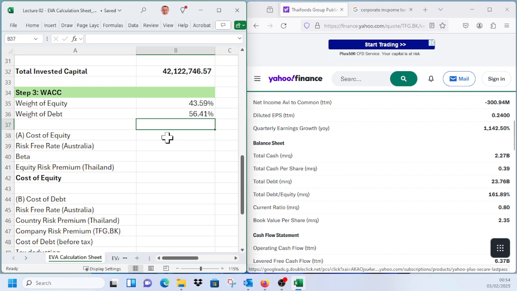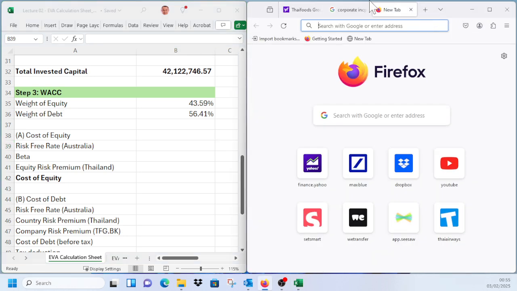Okay, so for the cost of equity, as we discussed in our lecture, we always start off with a risk-free rate. And the risk-free rate is basically the 10-year government bond in a AAA rated country. And because we are here in Southeast Asia and we are evaluating a Thai company, it would make most sense to take some AAA rated countries that are nearby. One AAA rated country would be Singapore, but I usually like to work with Australia when we work in this region. So what we can do here is we can look for the 10-year